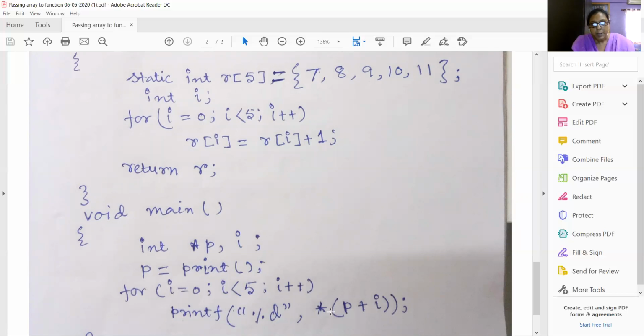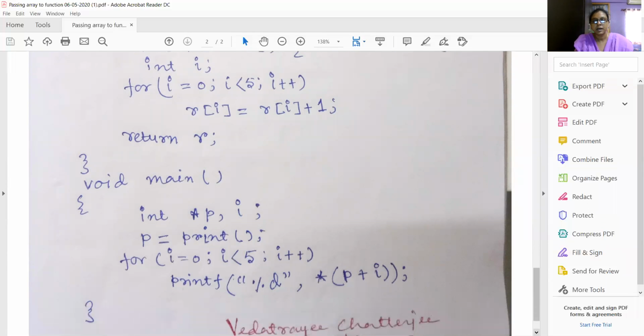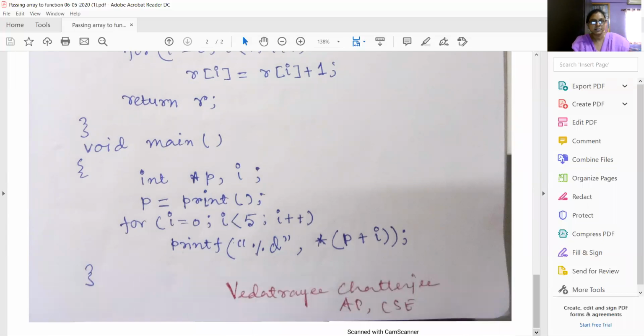Then for 1, p plus 1 automatically goes to the next address. The next pocket element will be fetched by this, the value at address p plus 1. By going on, you can fetch the final result, which was 7, 8, 9, 10, 11, and will be given as the result 8, 9, 10, 11, 12. Thanks.